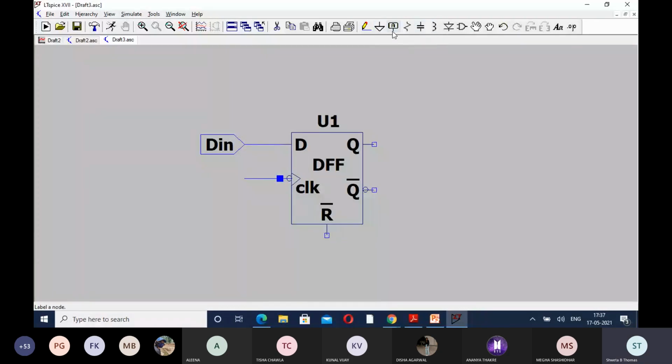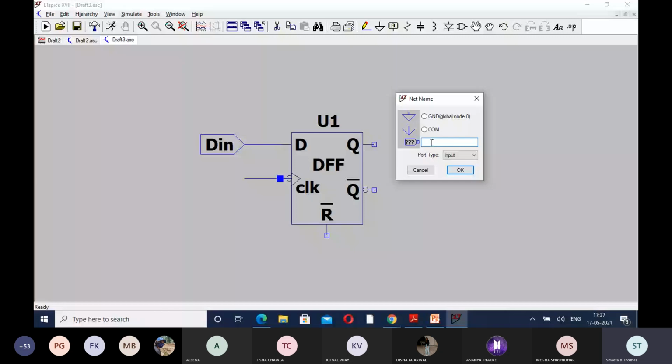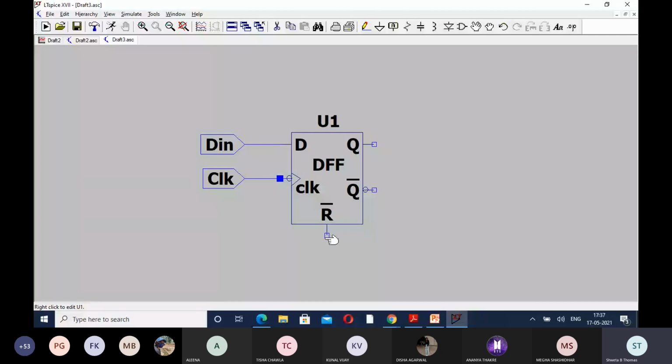Where is the component? Yeah, this is the component. What is the next word? Okay, I'll write CLK simply. Next here, reset. So let me connect it.